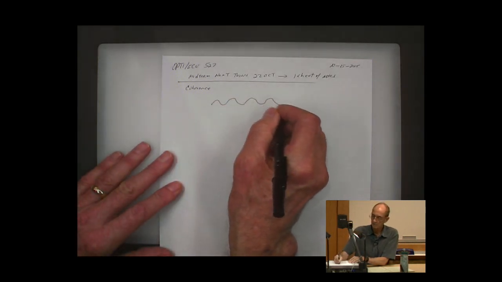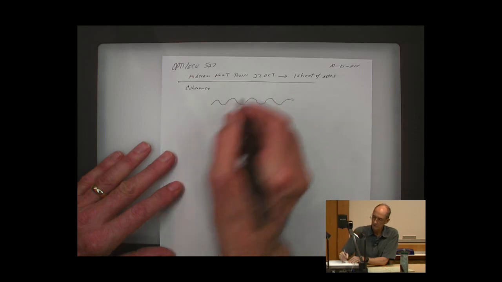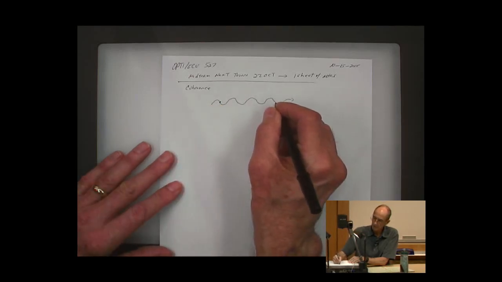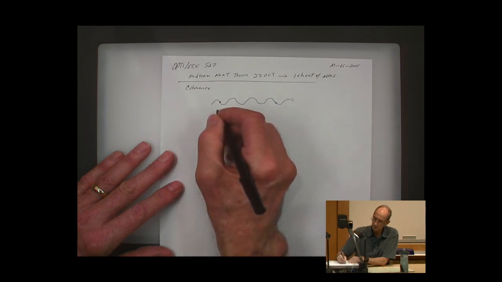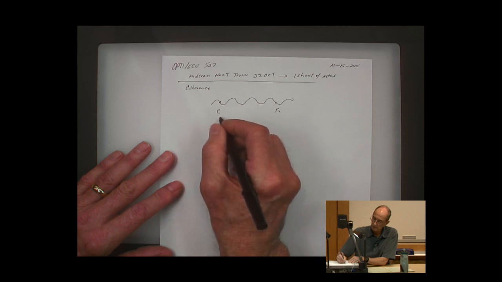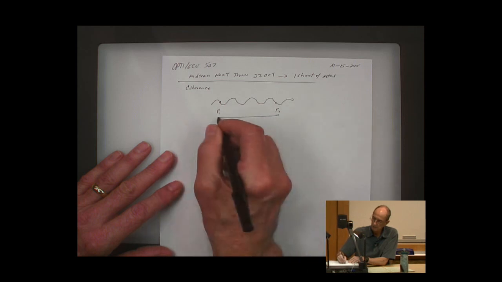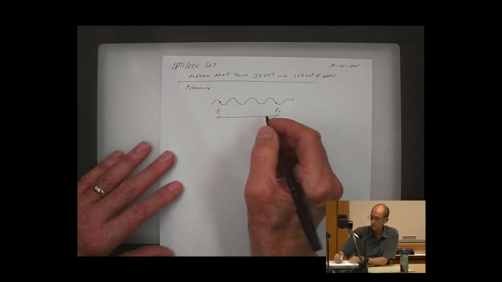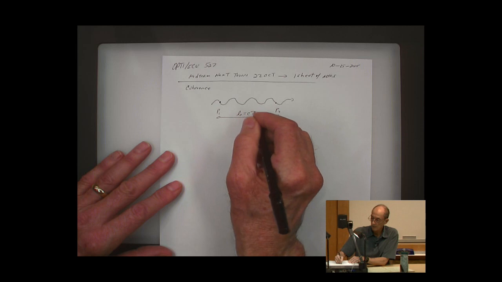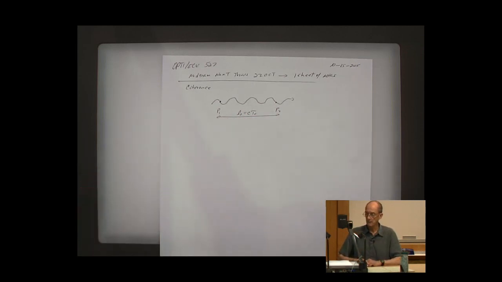In temporal coherence, we're comparing the phase difference that might exist at two different points, say P1 and P2, and these points are separated either in length, that we can call a coherence length, or